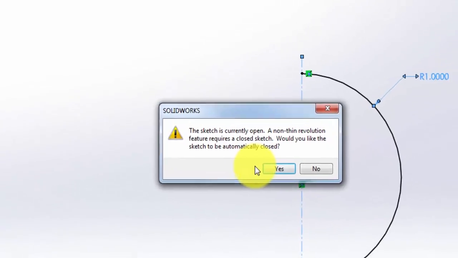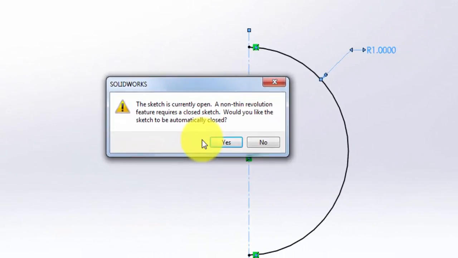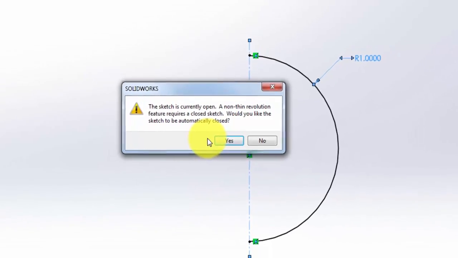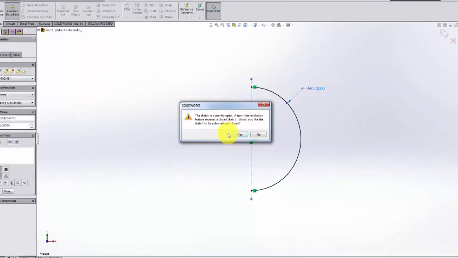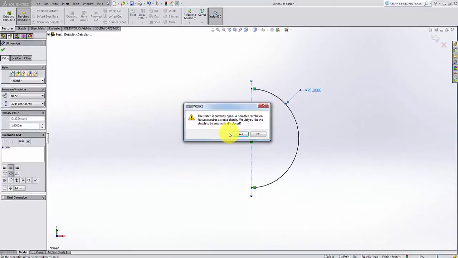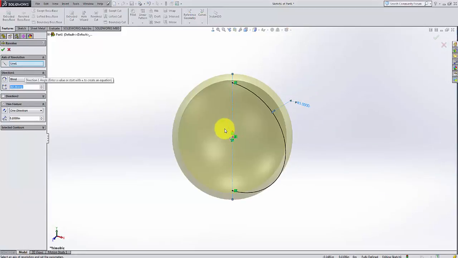It says that the sketch is currently open. A non-thin revolution feature requires a closed sketch. Would you like the sketch to automatically close? Do you guys know what it means by closed sketch? It can't be an angle, it has to be a polygon. So what it means